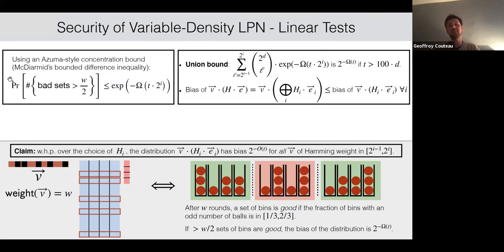So it's called McDiarmid's, the bounded difference inequality. It gives us a very strong concentration bound on the bias, on the probability of having sufficiently many good sets of bins. And this bound is so strong that it can even withstand a union bound over all possible vectors of weight between 2 to the i minus 1 and 2 to the i. And so this suffices in the end to conclude that all possible vectors in this range of weight are killed by our matrix, by this